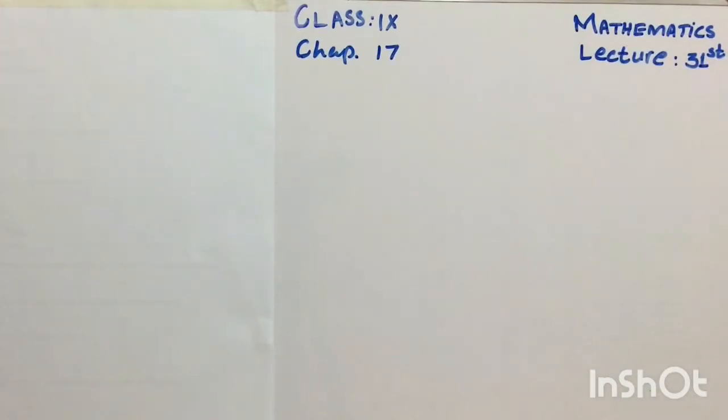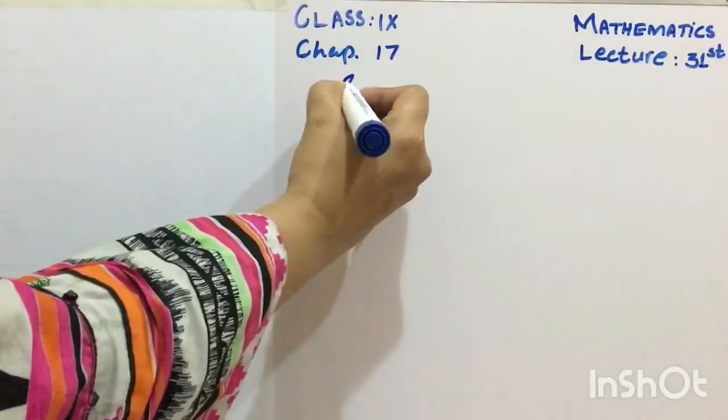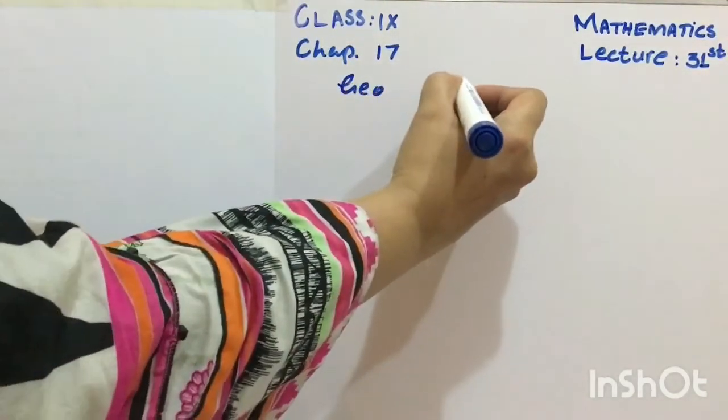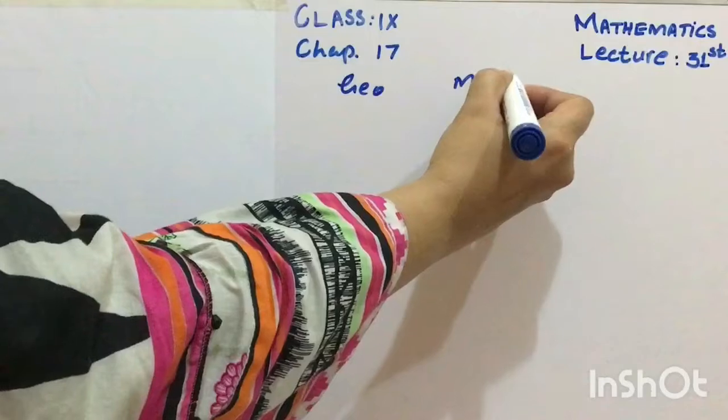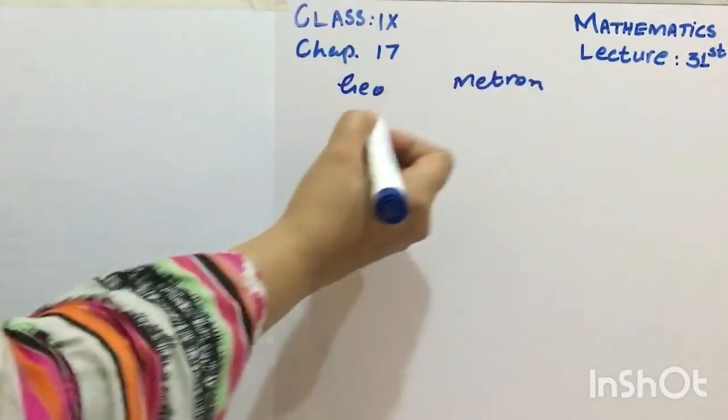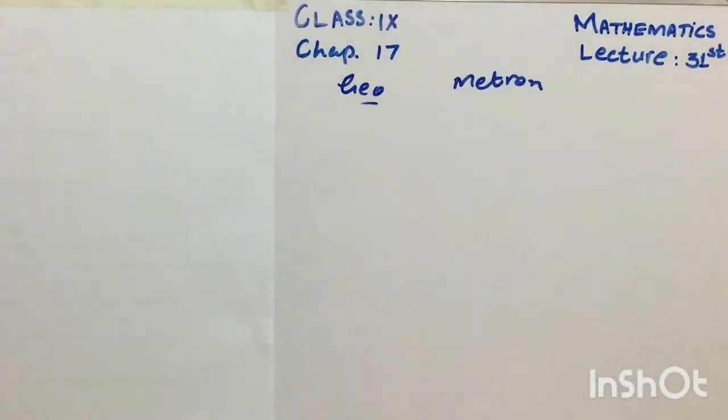Before taking a proper start of practical geometry, let me tell you that the word geometry is derived from two Greek words, geo and metron. Geo means earth and metron means measurement. This branch of mathematics deals with size, shape and position of some geometrical figures. Today we are going to construct some basic angles with the help of a compass. So let's start our work.